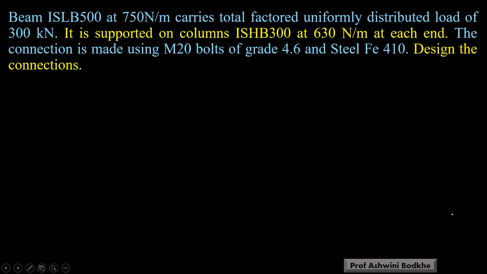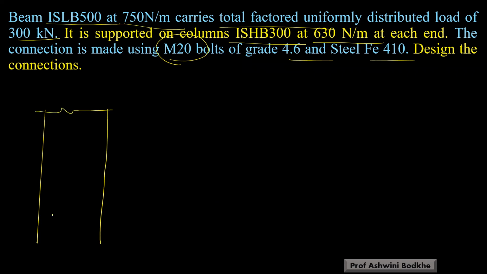So here is the question. Beam ISLB 500 at 750 Newton per meter carries total factored UDL of 300 kilonewton. It is supported on columns ISHB 300 at 630 Newton per meter at each end. The connection is made using M20 bolts of grade 4.6 and steel Fe410. Design the connection. What is given? One column